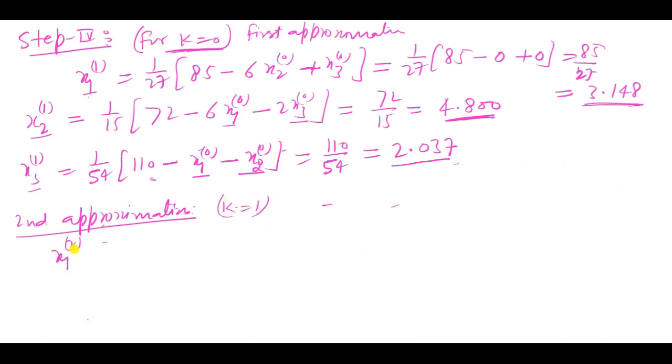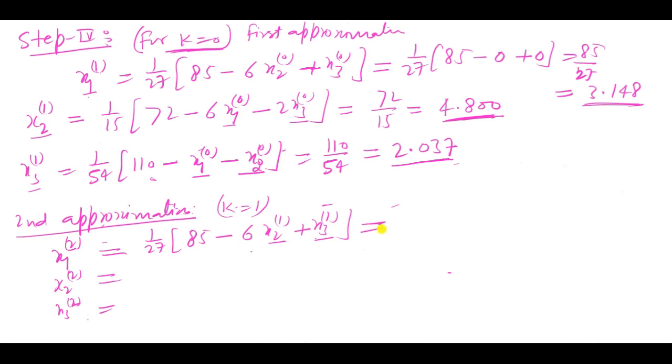Then we get x1^(2), x2^(2) and x3^(2). So x1^(2) is equal to 1 upon 27 times (85 minus 6 x2^(1) plus x3^(1)). So x2^(1) is 4.800 and x3^(1) is 2.037, and taking both values in this expression and with the help of the calculator, we obtain x1^(2) is